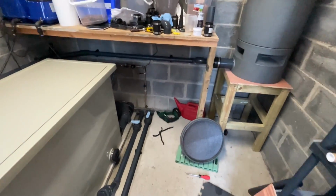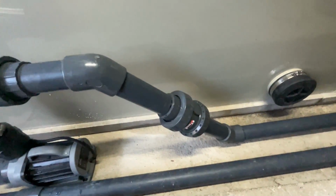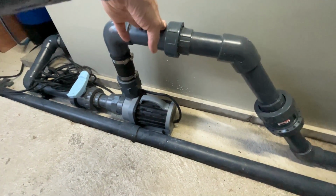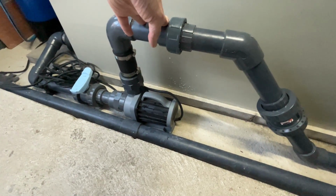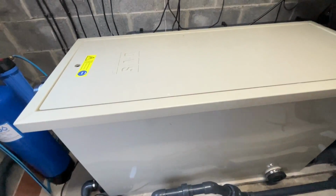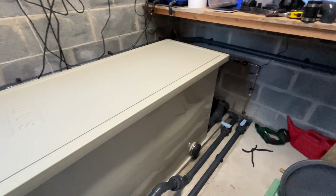Also, the other thing I did was I got a non-return valve. I mentioned before I had the issue, so this is the pump to the back of my pond that water falls down into the main pond. When the electricity goes, gravity being gravity, looks to equalise the levels of both ponds, and the back is slightly higher, being a waterfall,